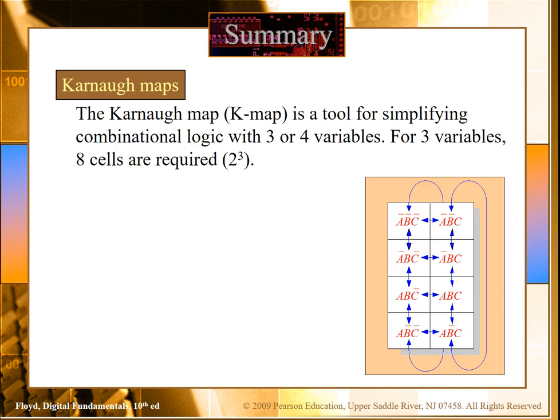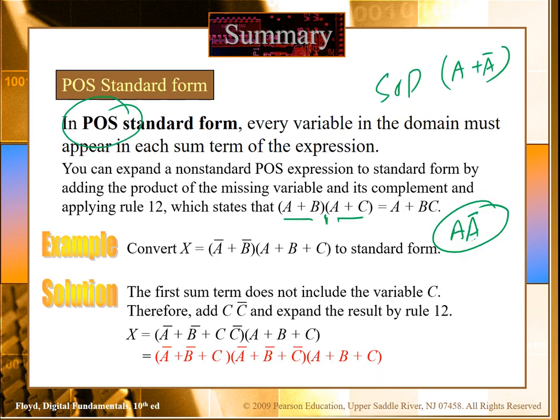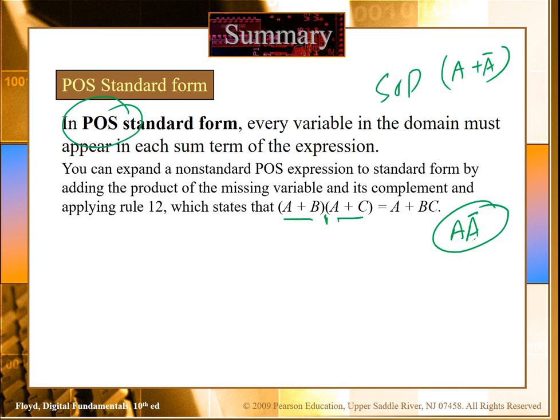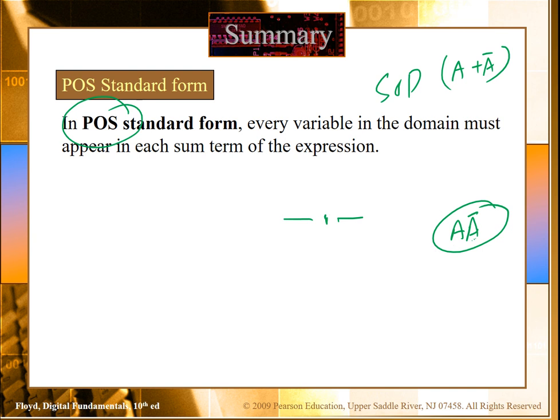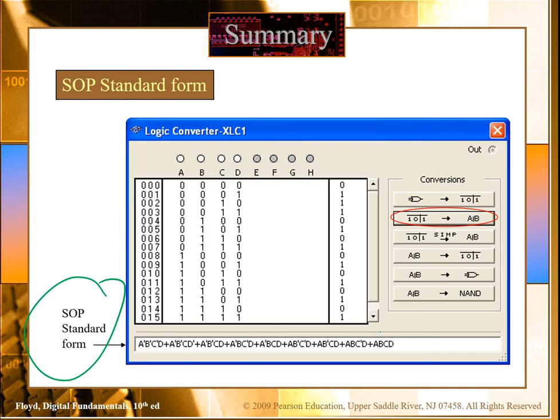Now it's got the K-map, the Karnaugh map. If you have seen so far, if you want to simplify a logical expression, for example this one, you can see that this is quite a long logical expression. We have 4 variables. If you want to simplify this, it will take a lot of time.